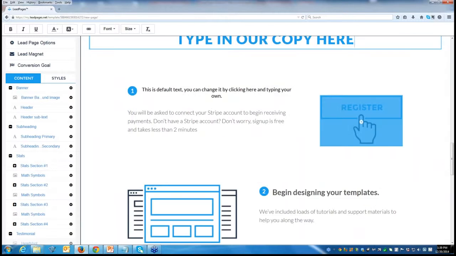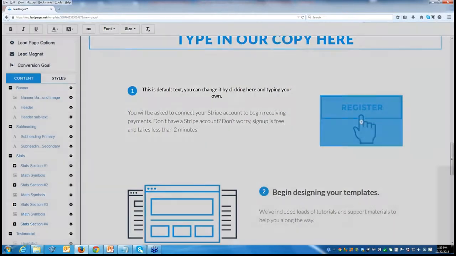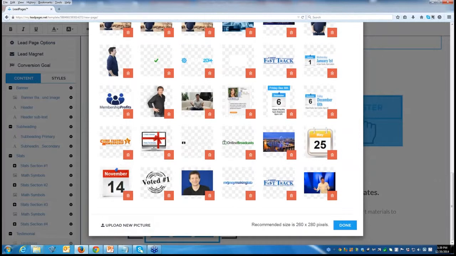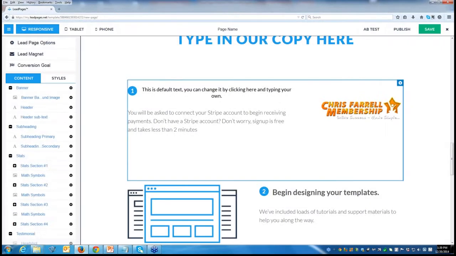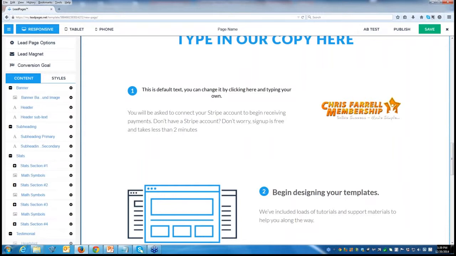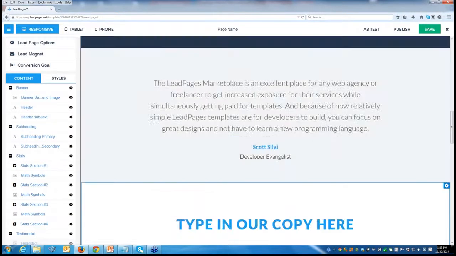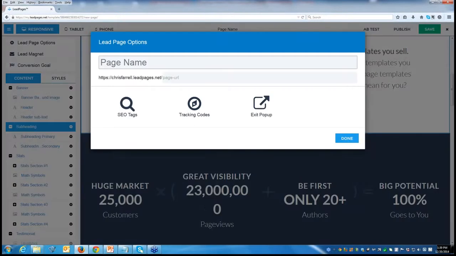If we want to change this image, we click on options. We choose whichever image we want to include. Chris Farrell membership. Boom. Chris Farrell membership is there. You can see how you can create sales pages within a few minutes time. It's just incredible. Then once we name the page,